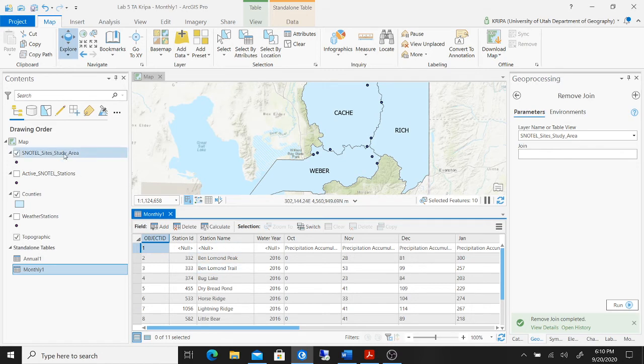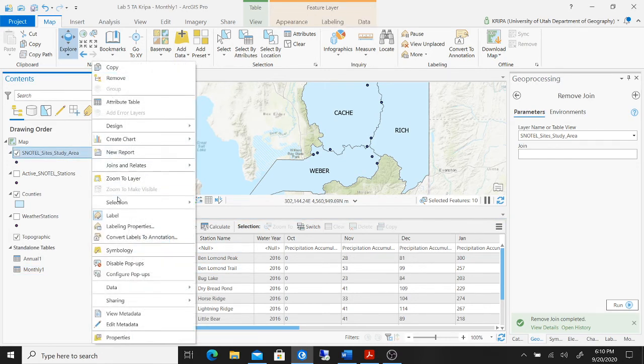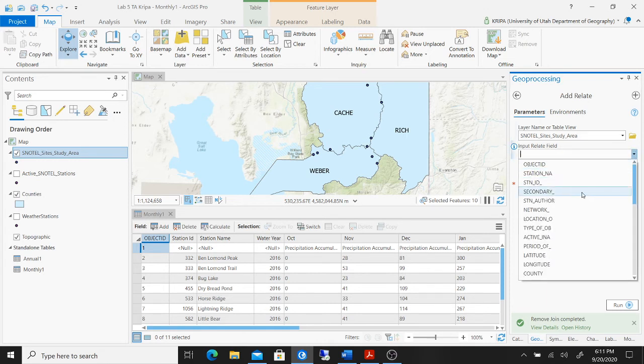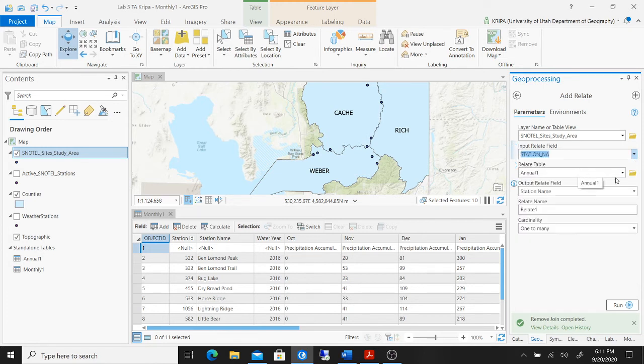So we want to right click, do joins and relates again, do add relate. So this is our Snowtail site study area. We want to do station name. We want to do monthly one, and I want to give this any name like